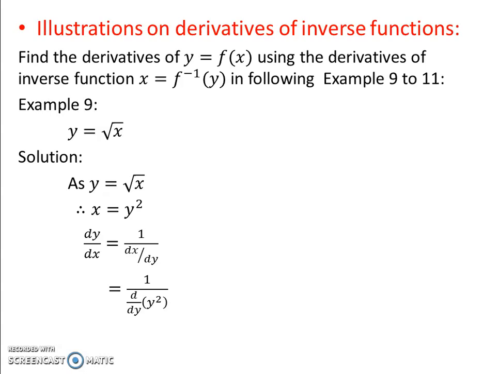Till now we have differentiated x with respect to x. Here we are differentiating y with respect to y. So nothing is changed. Instead of x we are differentiating with respect to y. So the rules are the same. What we did for x we are doing for y, because we are differentiating a function of y with respect to y only. So nothing has to be changed. So the derivative of y square is 2y. So that is equal to 1 upon 2y and that is equal to 1 upon 2 root x.